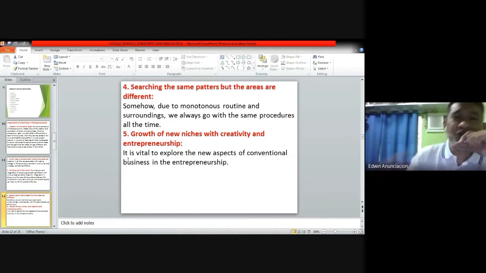lalong-lalo na po sa mga new entrant, para po talaga mapapansin ka, hindi magastos lang, para makakuha ka ng niche sa market, dapat po talaga is makapag-create ka ng something new. Okay? Or mas maganda sana, totally different from what is the existing. Okay? So next,